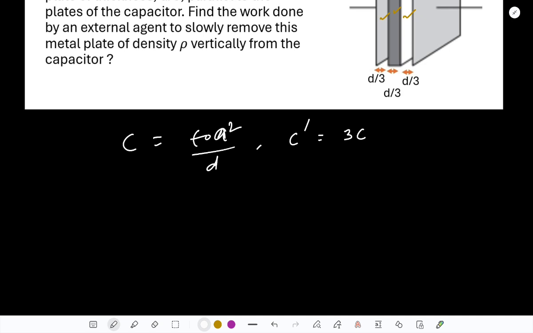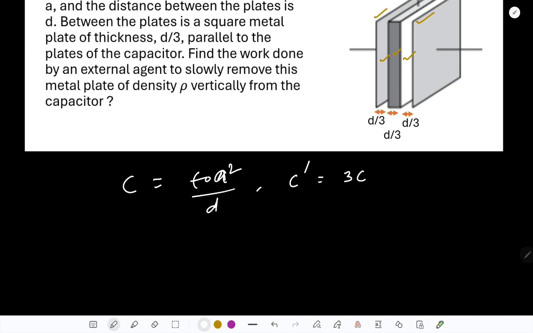I would like to first find the electrostatic energy of the system before removing the metal plate. The metal plate is already in there, and in that case we have only two capacitors,